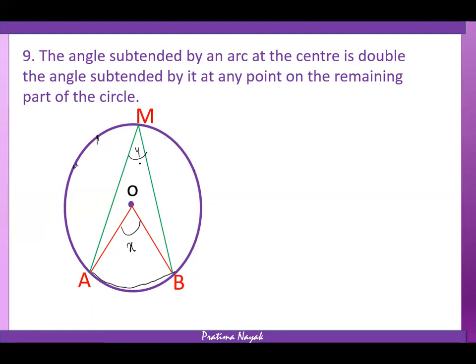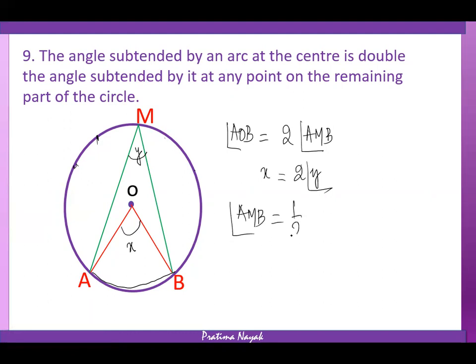This is y, then x is equal to double of y. So here AOB is equal to double of your AMB. Or in symbols, x is equal to twice y. Then AMB is equal to half of AOB. Please remember this relation,